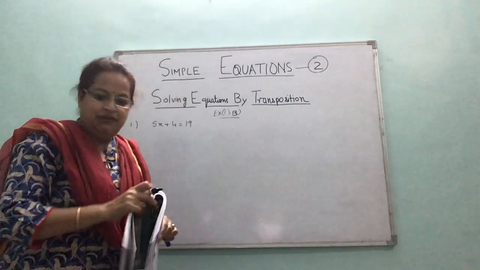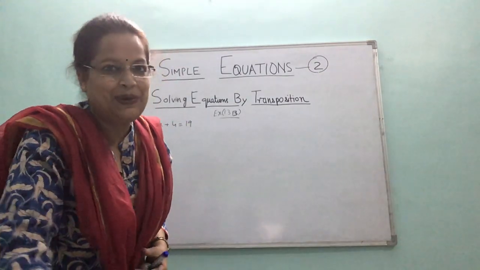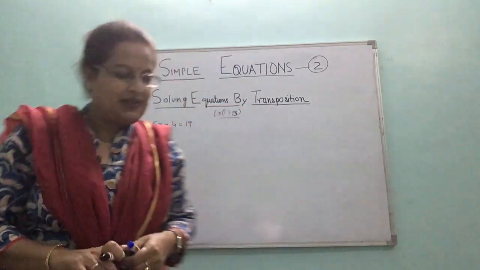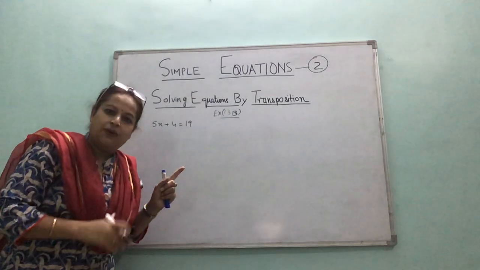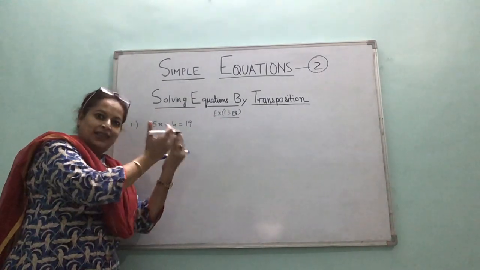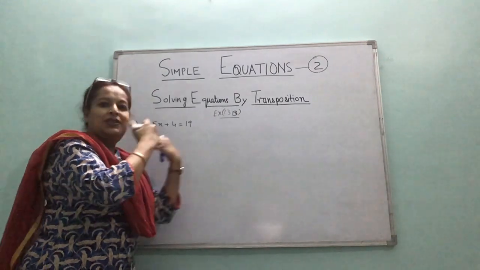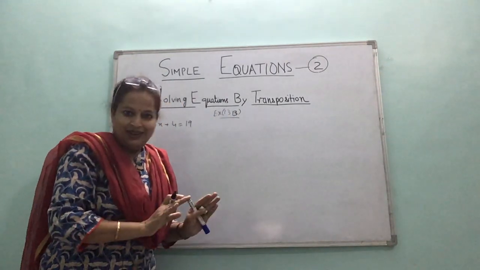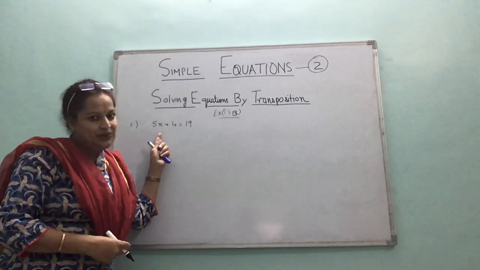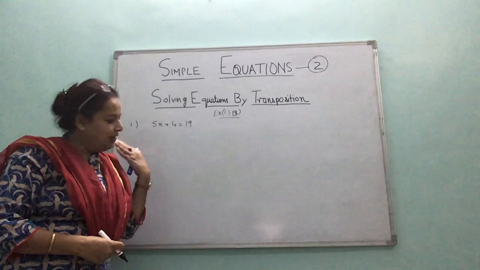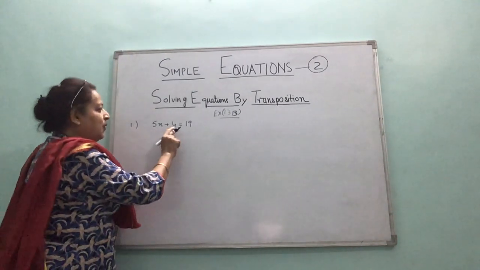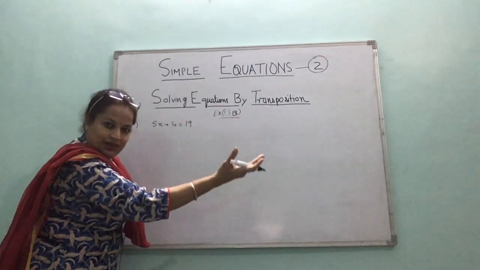Well, equation itself, I will let you know the main steps of solving by transposition method. What are the main steps? Now, first of all, we bring all the terms with the variable to one side, that is left hand side, and all the constants to right hand side. Right? That is the first step. Now there is only one term with the variable, so this stays here only on left hand side. This is left hand side, and that is right hand side of the equation. So the constant should be taken to the right hand side.